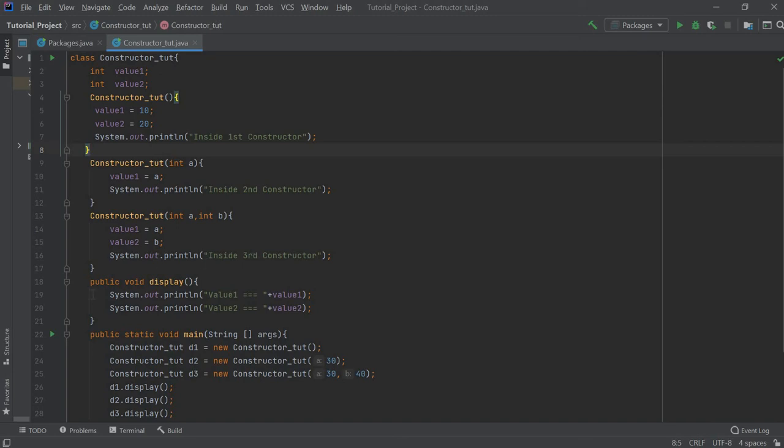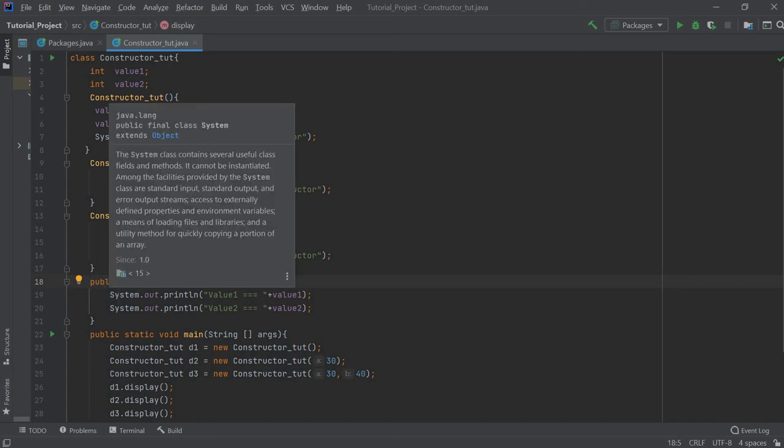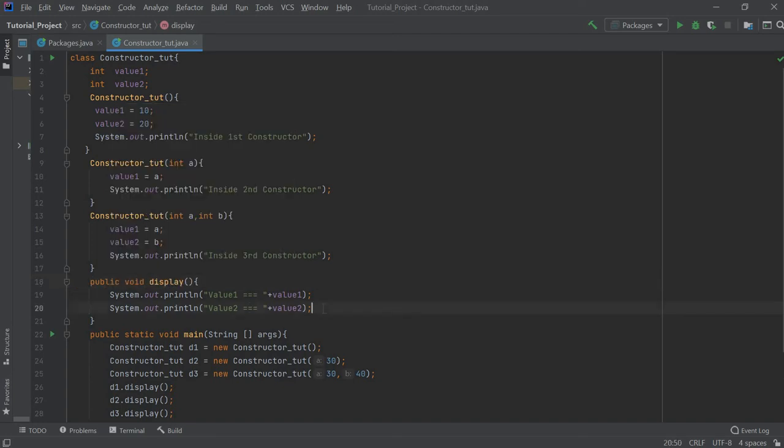Okay, so now I'm using a normal method which is going to display the values, and as you can see it is public, not static, means you need to create an object to access this method. If it was static, it can be called without creating an object, right?